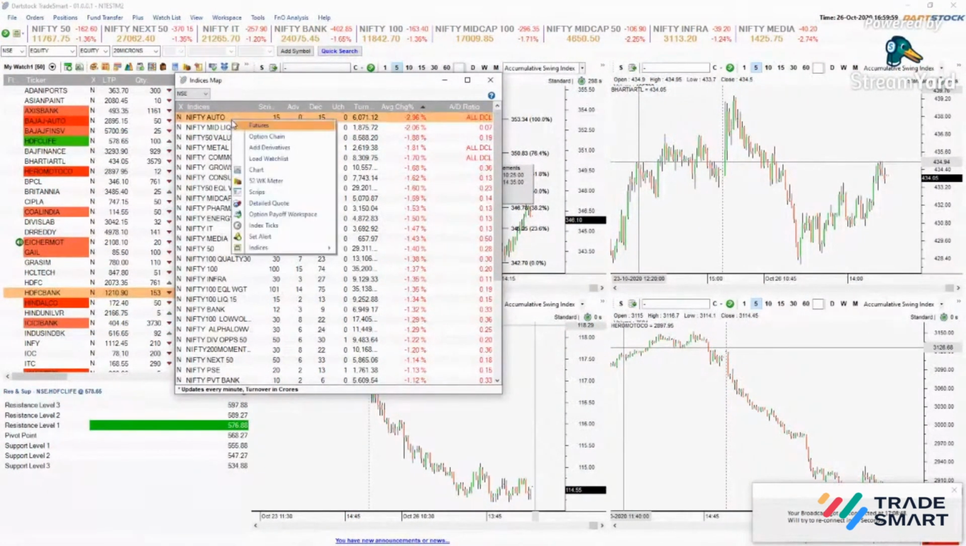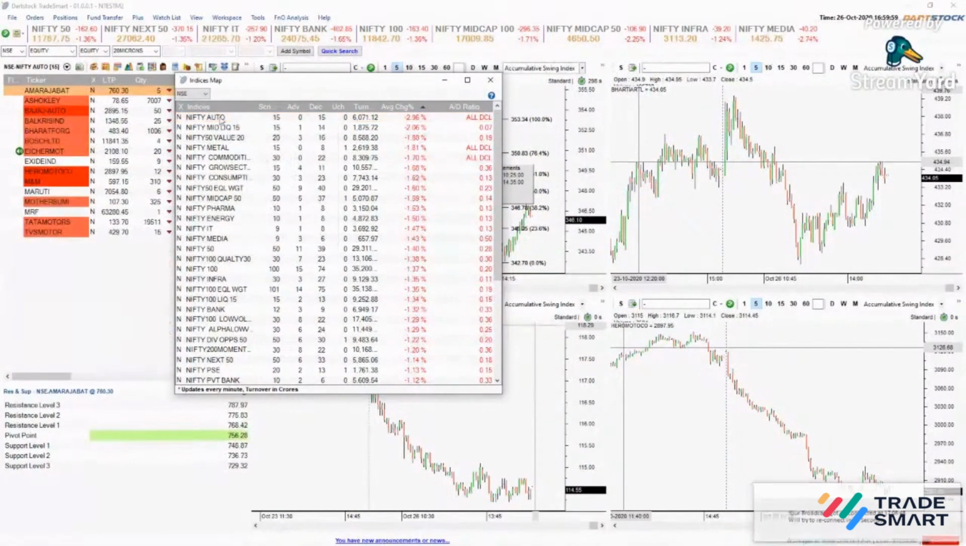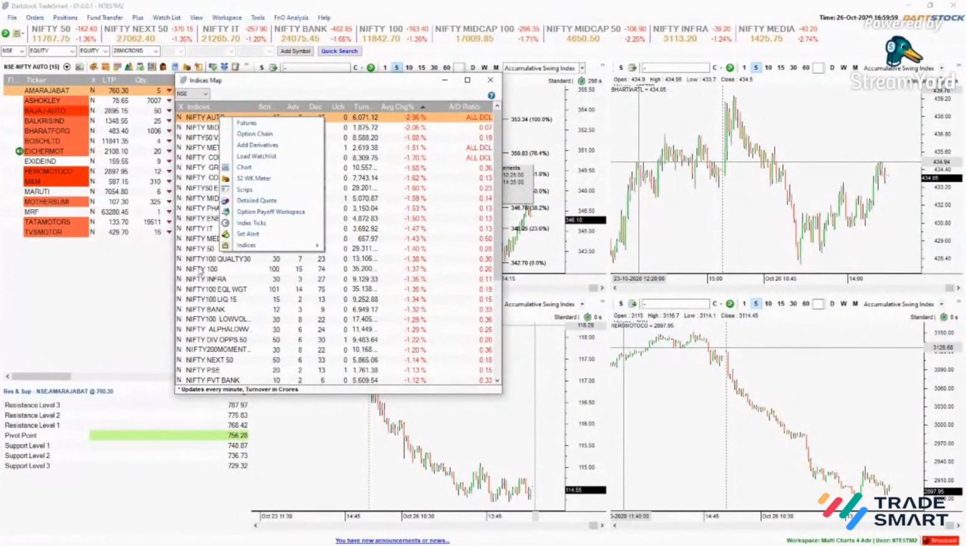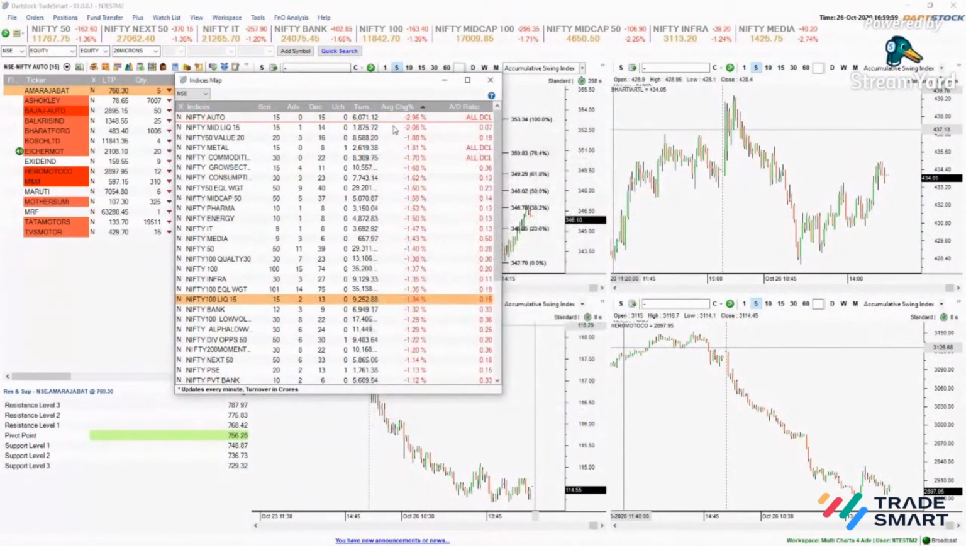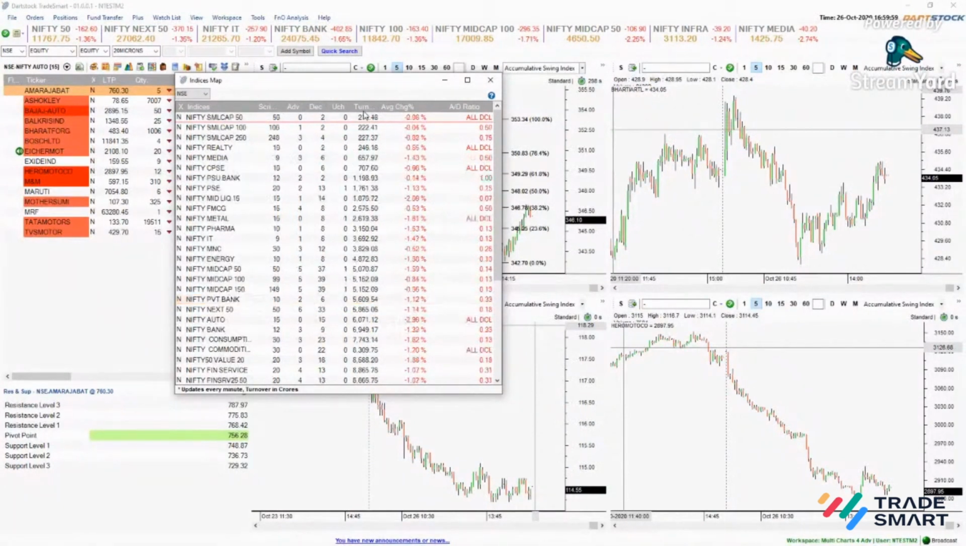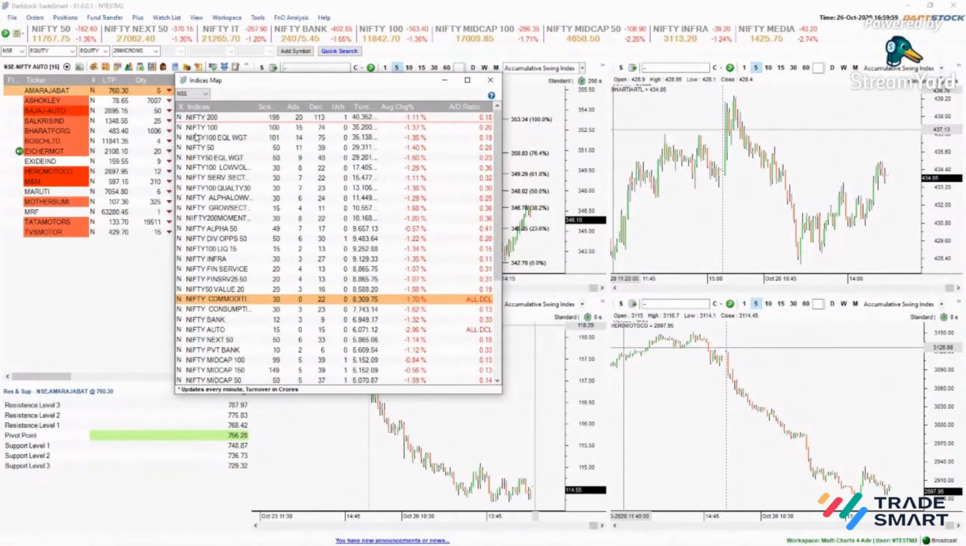Now you guys can see this. What I did is I've just loaded it with a right click. I've taken the stocks. So look at this. As far as the advance decline is concerned, there's a major decline here. And if you want to sort it based on turnover, the turnover is pretty much at